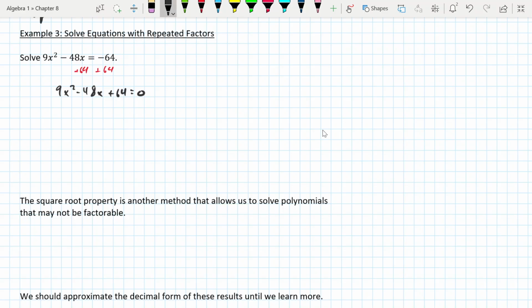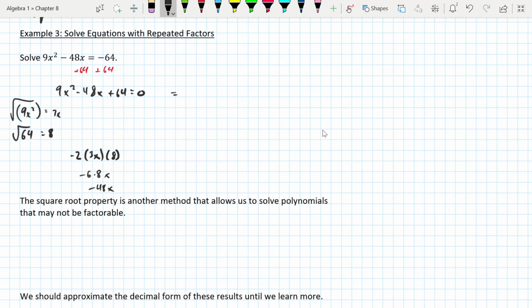Because, well, it might be a perfect square. Let's check. Because 9x squared, you take the square root of that, you get 3x. And the square root of 64 is 8. Well, what is negative 2 times 3x times 8? So that's negative 6 times 8x. Ooh, that's negative 48x. Good. I didn't really want to try to find all the factors of 9 times 64 and try to add them up. I found it's a perfect square. So this factors into,